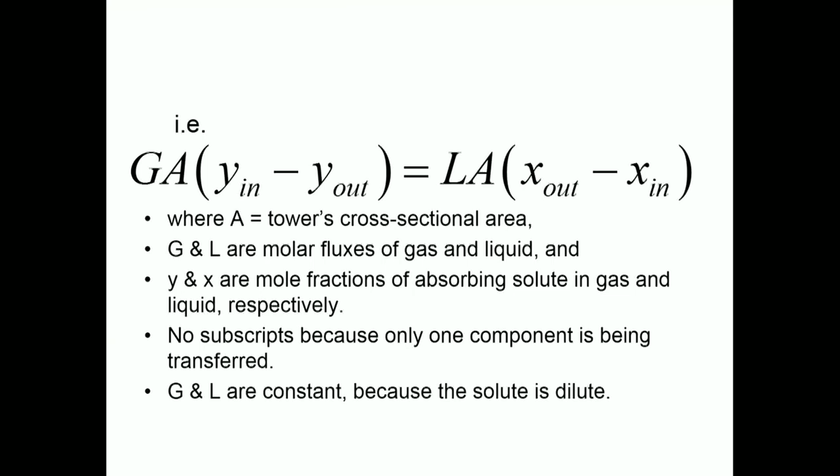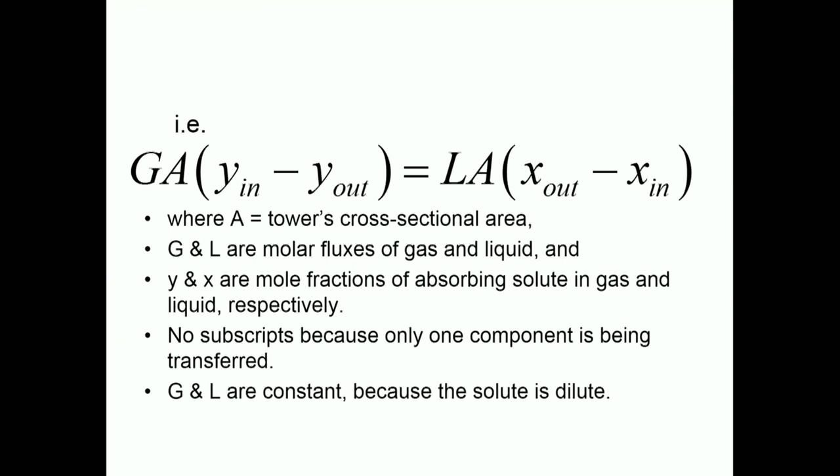In the actual problem, we will be given GA, the total gas flow rate, that is what comes out of the plant. They would tell you what Yin is, and the pollution control board will tell you what Y out can be. It should not exceed a certain concentration. Okay. So these are part of your specifications. You may choose a pure solvent, so Xin is 0, or if it is recycled, then some value of Xin you will know, and you would probably decide what maximum concentration your outgoing liquid should have, such that we have a reasonable driving force throughout the column.